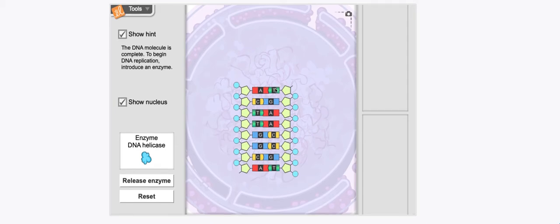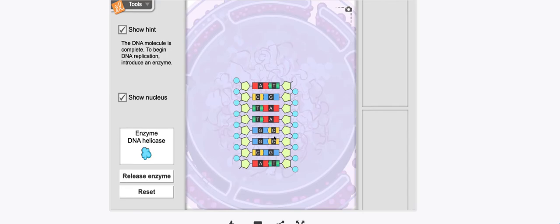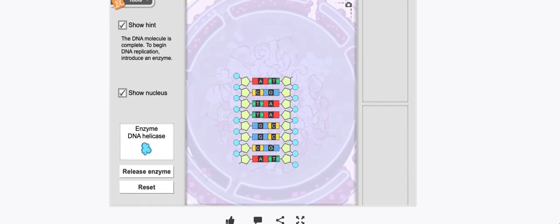You have a tiny little section of DNA that holds 8 pairs of nitrogen bases. So this is what DNA is composed of. Again, that backbone is composed of phosphates and sugars, also known as deoxyribose, and the rungs are composed of the